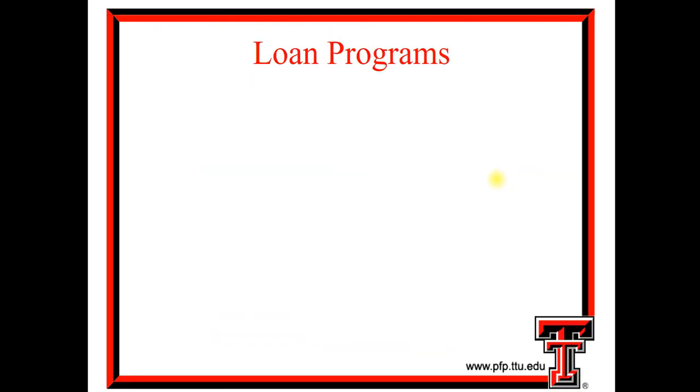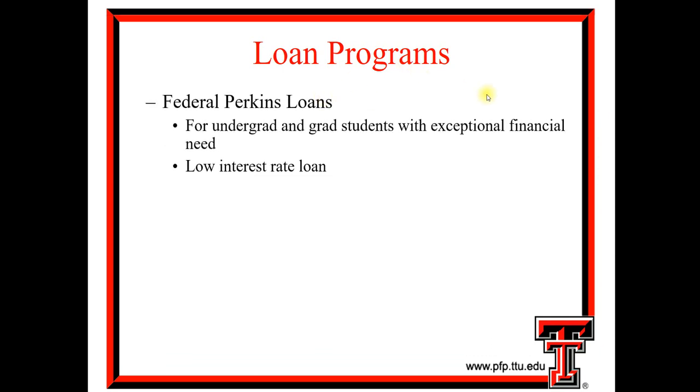So now let's take a look at the different types of loans. When we think of the different kinds of loans, the most common one that I think everyone immediately goes to is the Federal Perkins loan. That loan program is available for both undergrad and grad students that have demonstrated financial hardship and financial need. When the Federal Perkins loan examines this, they use what's called an EFC calculation to see if they qualify, which is based on financial assets, the tax return from 2 years ago, and a few other things. The Federal Perkins loan is a low interest rate loan that allows both undergrad and grad students to